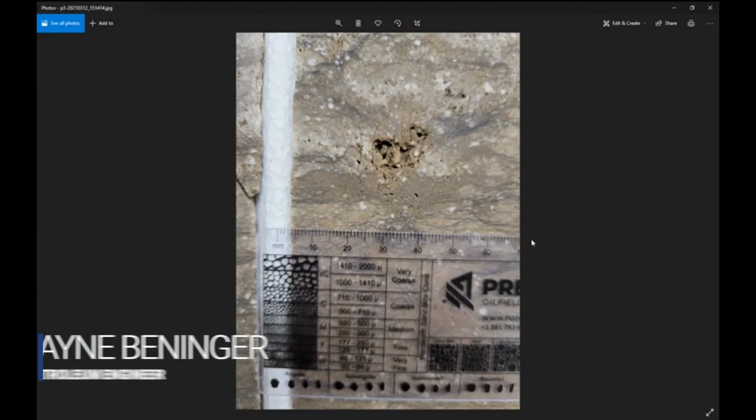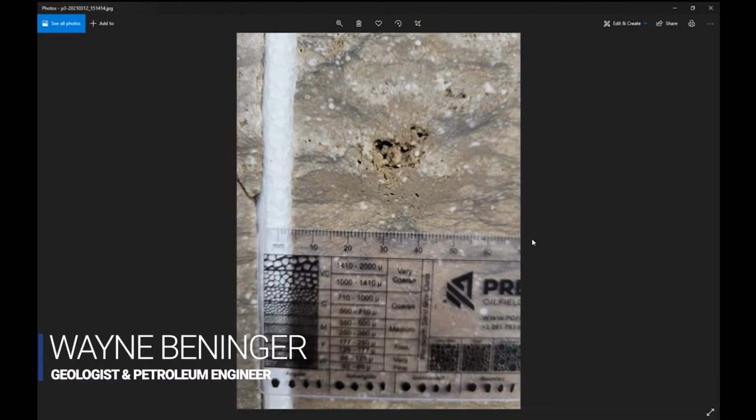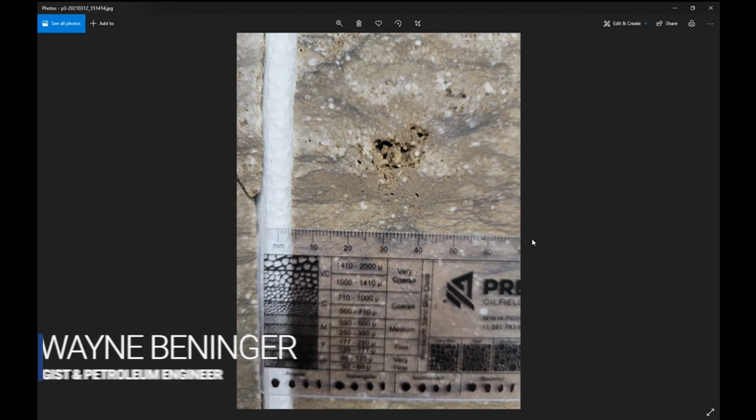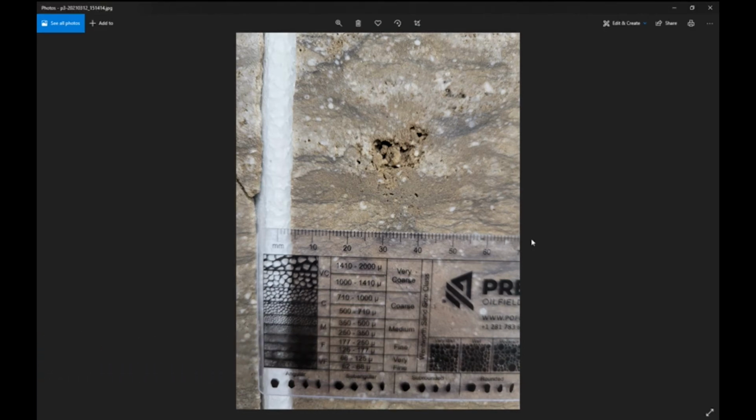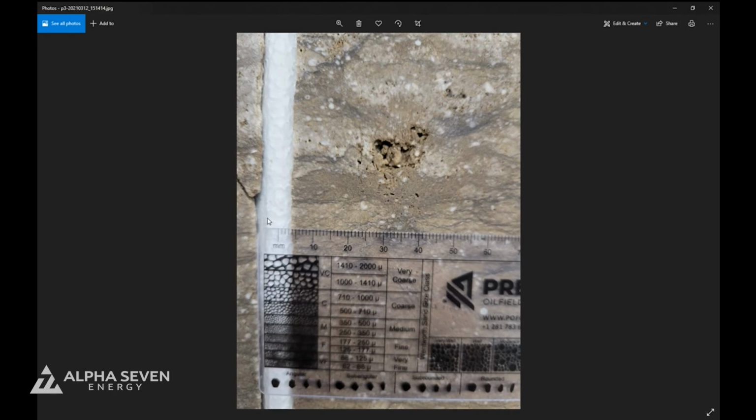Okay, I wanted everyone to see why we're fracking this zone in the ASE number 4. These are slides from the core that we took from that well in the prospective zone. You can see here a vug, which is just a cavity created in the carbonate by water percolating through it